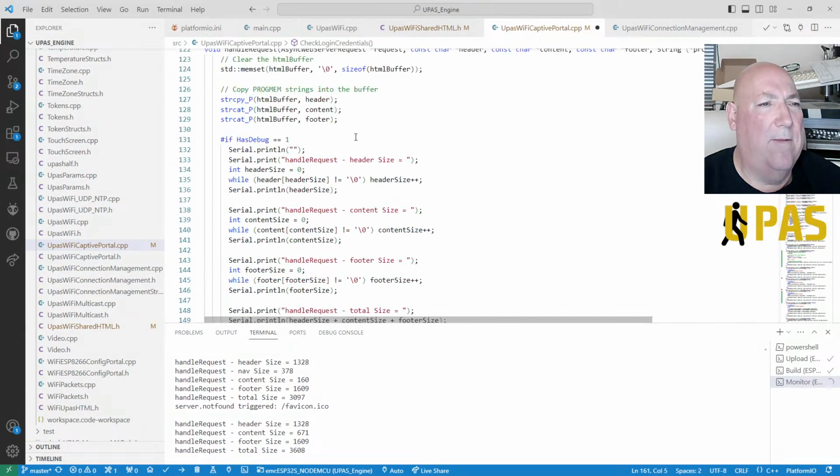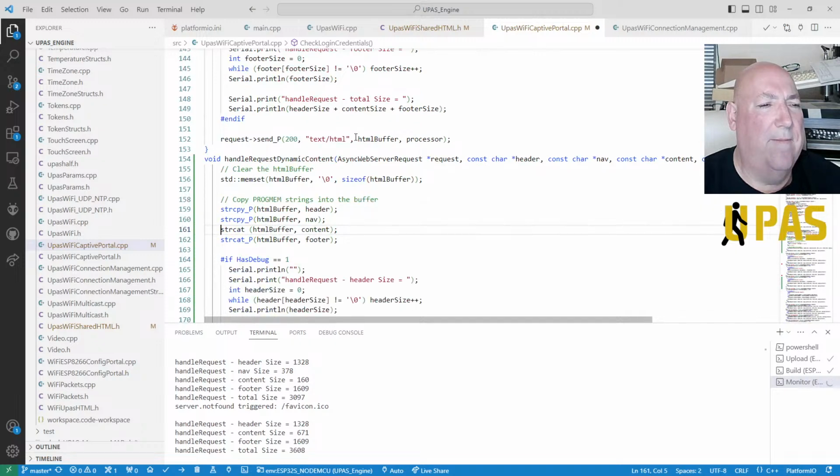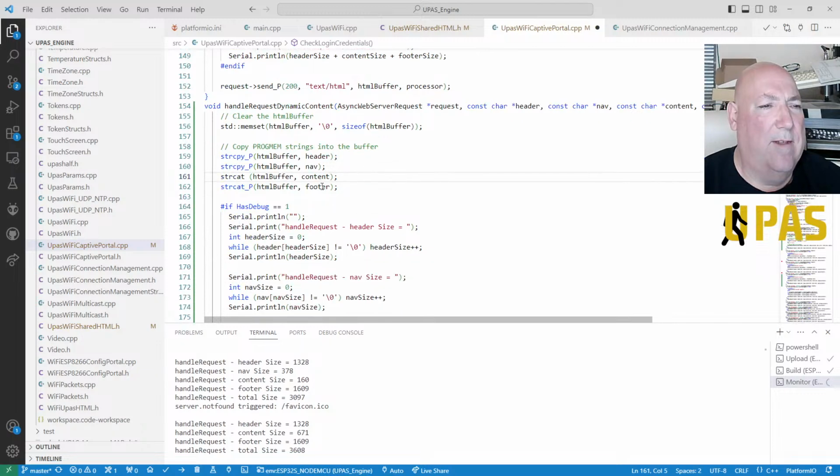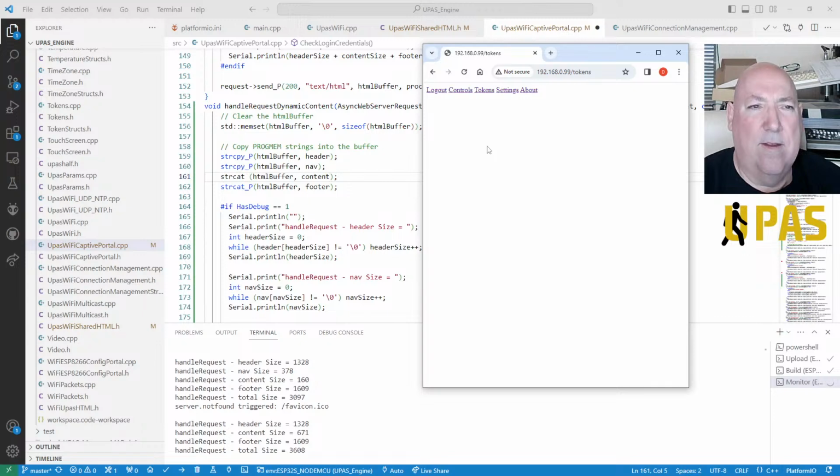Copy prog mem strings into buffer, yeah. Something. Yeah, it's not that. Is it getting the footer? Yeah, I think it was getting the footer. So it's getting the footer.